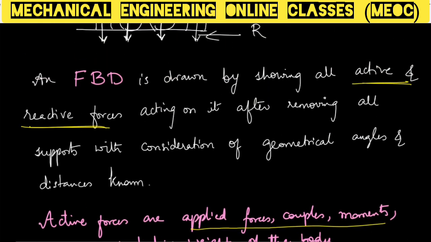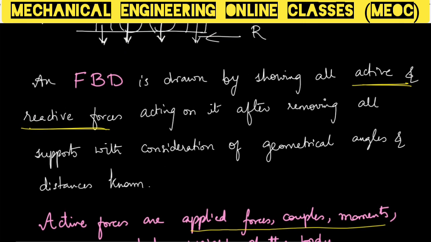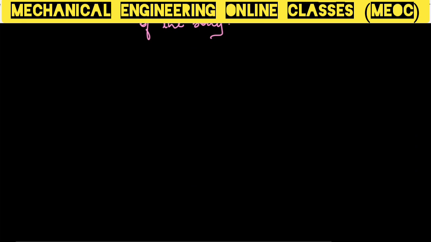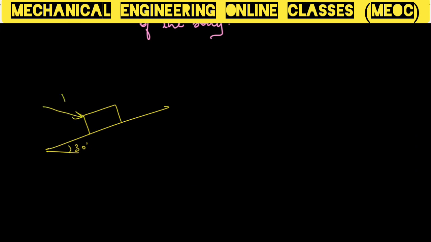The most important point here is that with consideration of the geometrical angles and the directions and distance known, what we mean by this is, just now we have considered an example of an object kept on an inclined plane. If the inclined plane is say at 30 degree inclination, so suppose there is a force P acting at say 60 degrees from vertical onto this object. If we want to draw the FBD of this object,